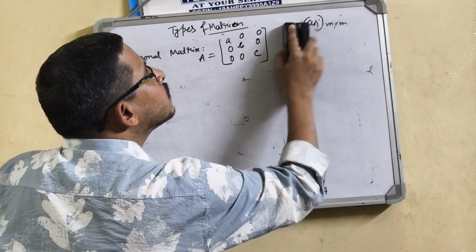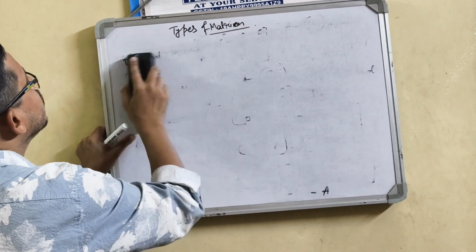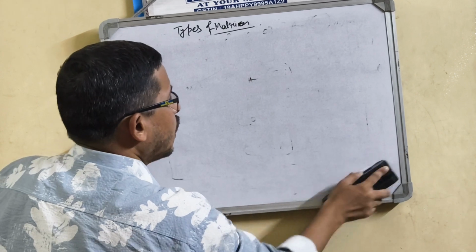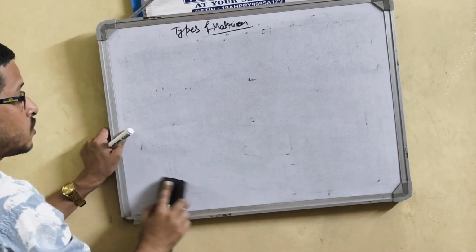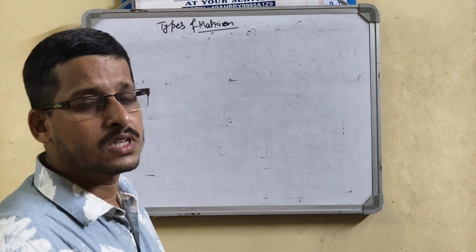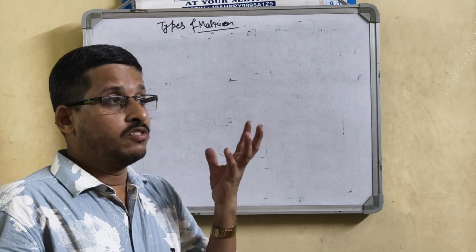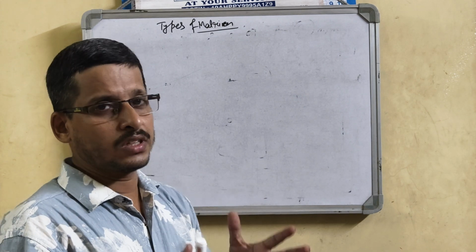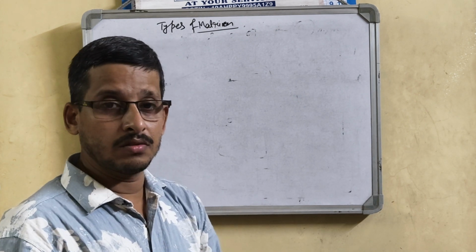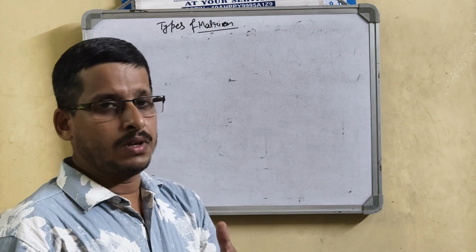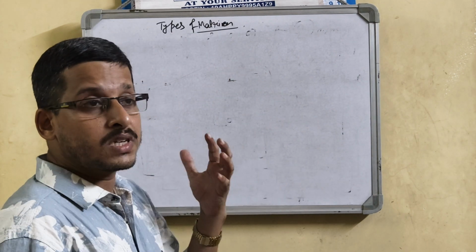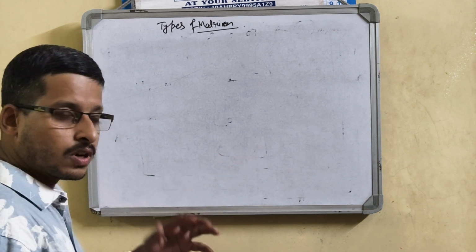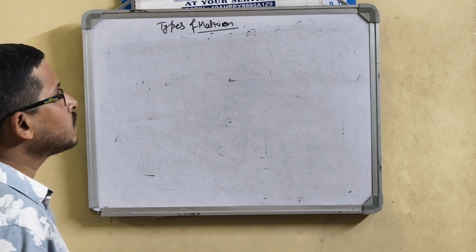So there are so many topics and so many kinds of matrix: singular matrix, non-singular matrix, inverse of the matrix, matrix multiplication. It is not possible to discuss all the things in such a short time. So we will try to discuss many things concerning the topic matrix, and then we will conclude our class for today.